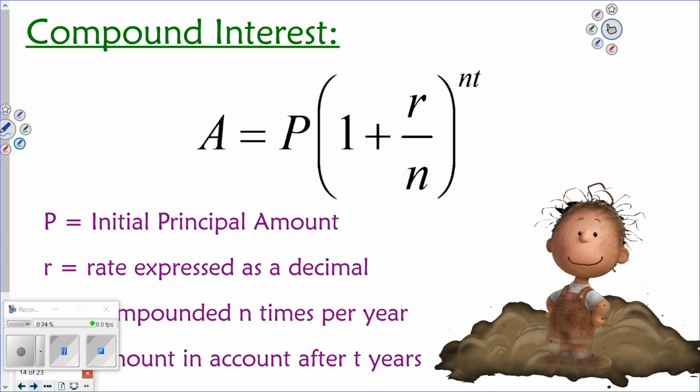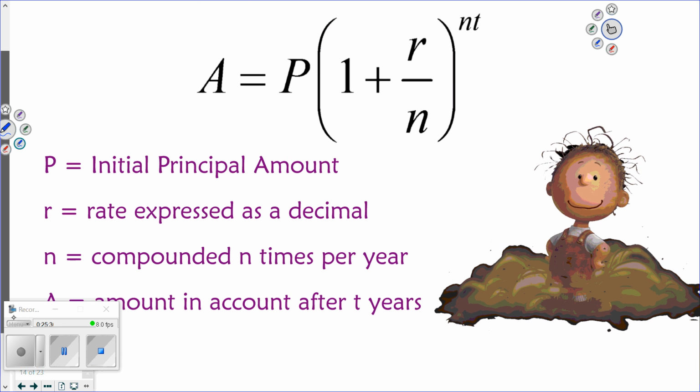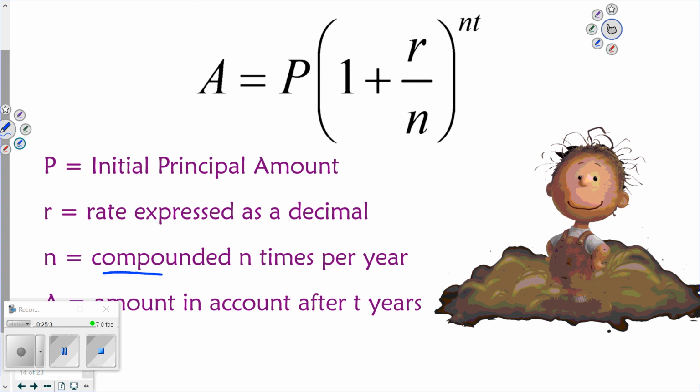All right. Now, there's another type of interest. Like we talked about just a regular account earning interest, but there's also compound interest. So notice my formula shifted just slightly. So I still have, here's my a times, this is just a number, b to the x, right? It's still the same concept. So p, in this case, starts with my initial principal amount, which is still like the a in the other one. It's just they use a different letter. I still have my r, my rate expressed as a decimal, so I'm going to still put that in here. And then we have n. This is the different part. It is compounded